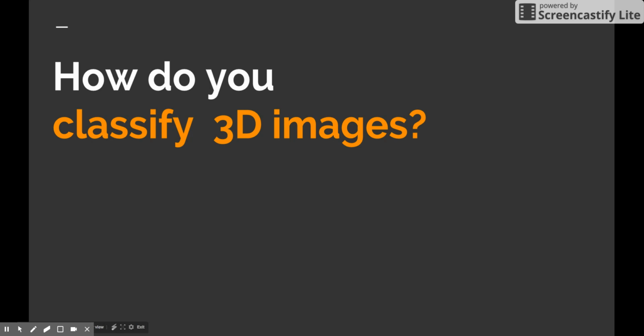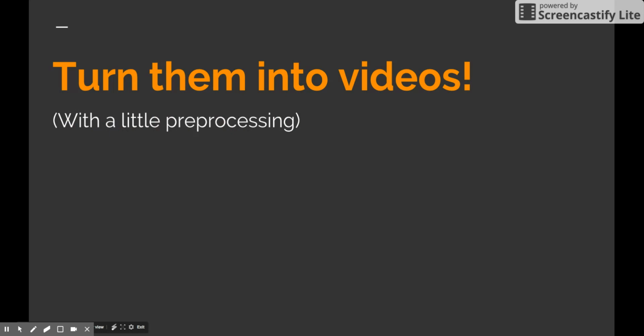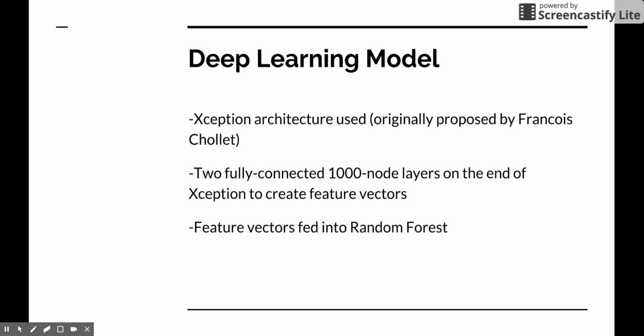So we asked ourselves in the beginning, how do we classify 3D images? In general, it's still a hard problem. The state-of-the-art uses voxel-based approaches, but this is still extremely computationally expensive, convolving in 3 dimensions, and a very young approach with little library support. So we tried to turn them into videos, but it didn't really work out, and we had to pivot to a new approach. So the new model was an Xception architecture, which was originally proposed by Francois Chollet, and